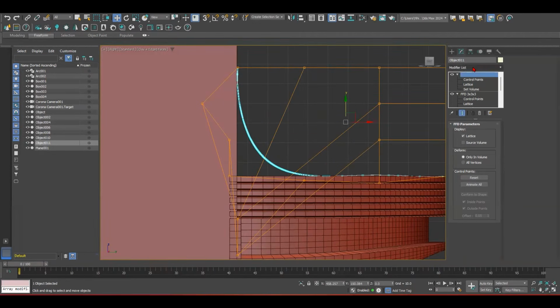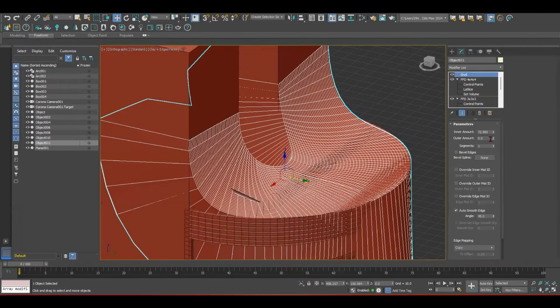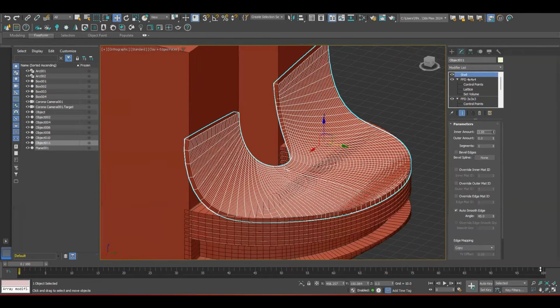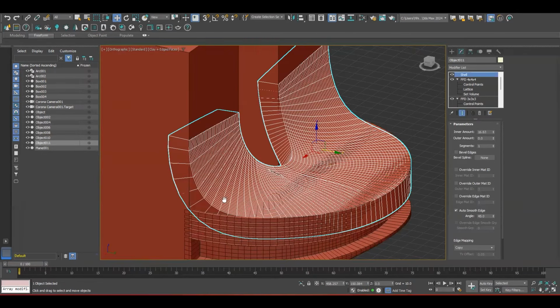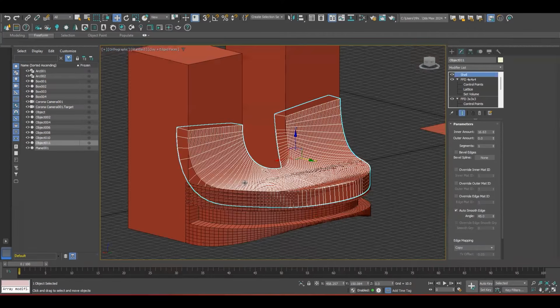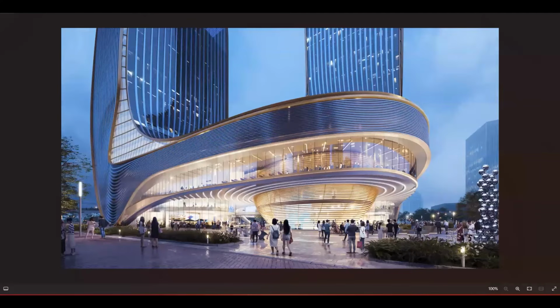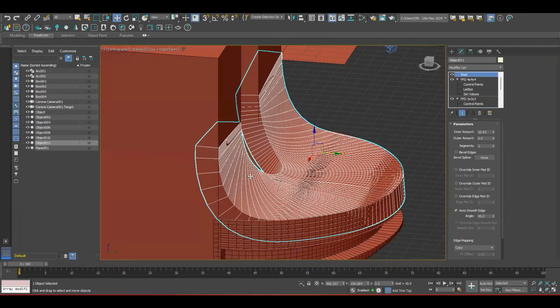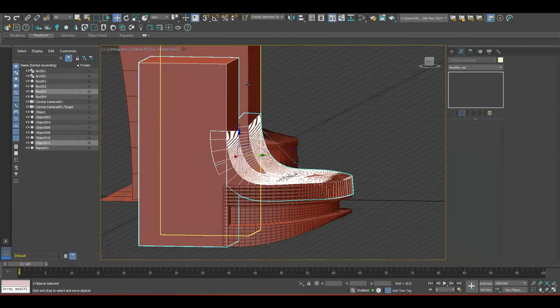So now I'm just gonna get a shell. Method. This way, just separate.